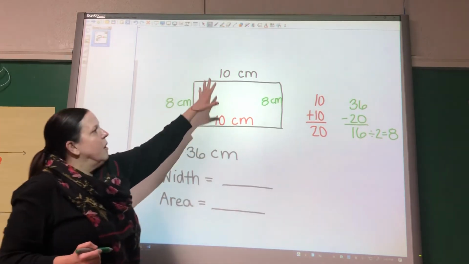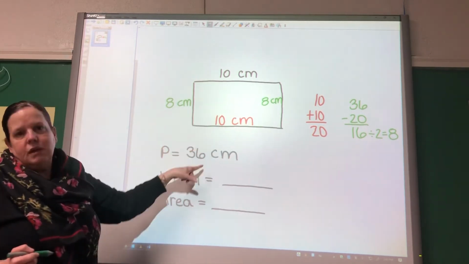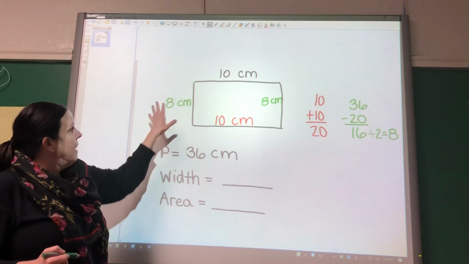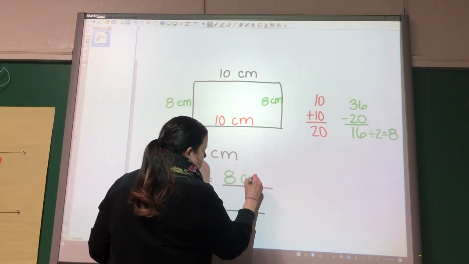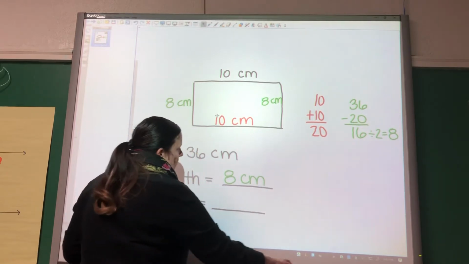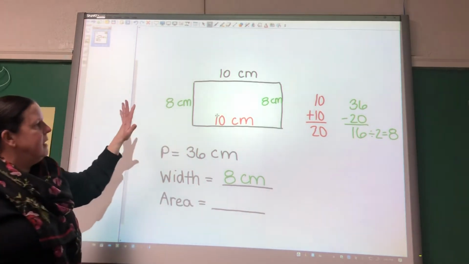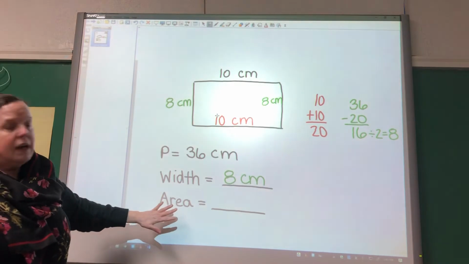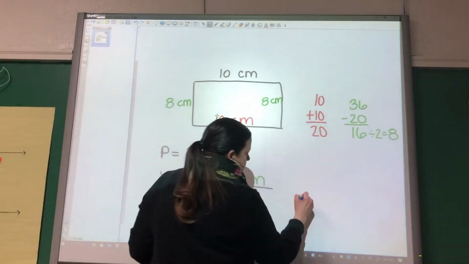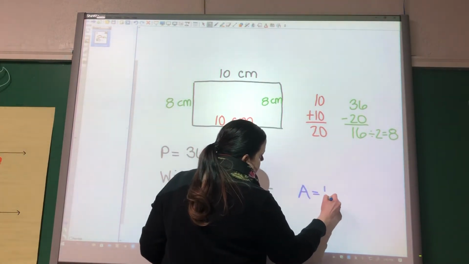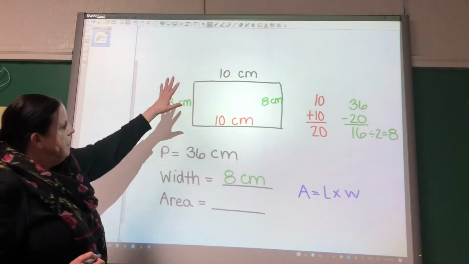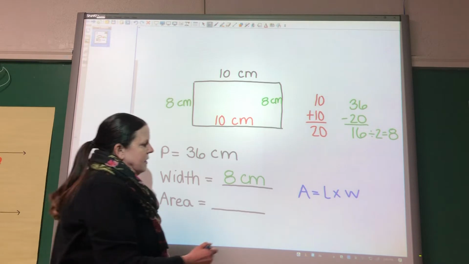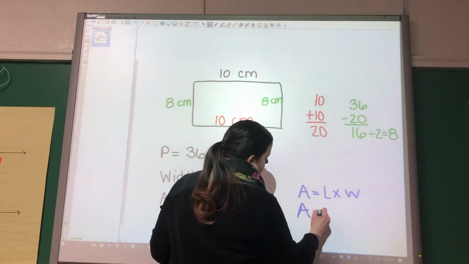Okay, so if I would add all these 4 numbers together, they will equal 36. So I have found out my width is 8 centimeters. Okay, so now that I know my length and my width, I can now find area, because area is equal to length times width. So my length is 10, my width is 8. So area equals